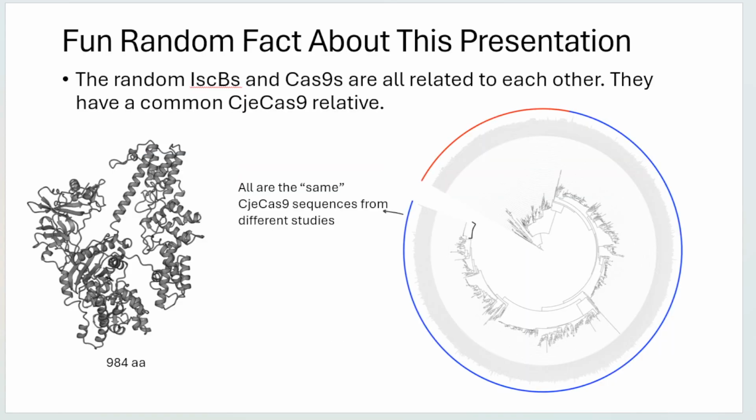Now, before I end, the funny thing. Random fact about this presentation. The randomized ISCBs and Cas9s just so happen to be all related to each other. They all have a common ancestor of CJE Cas9. So even though I vibe coded and quite literally, quote unquote, instructed for a random collection of ISCBs and Cas systems, the reason why we